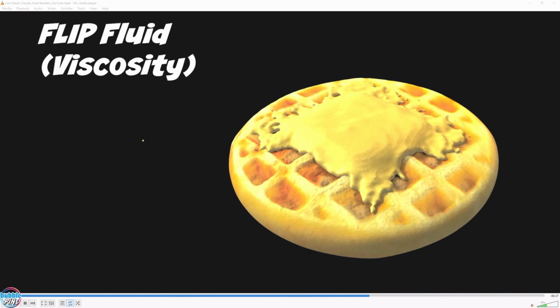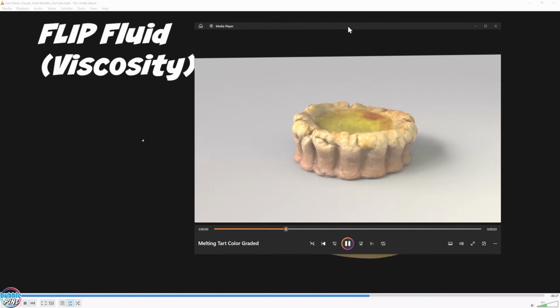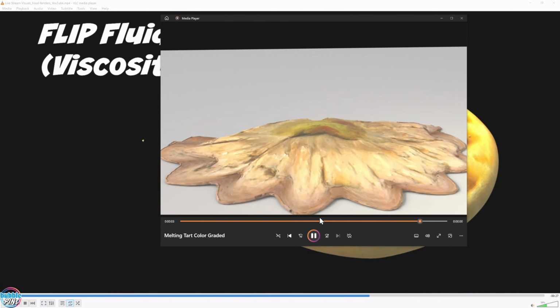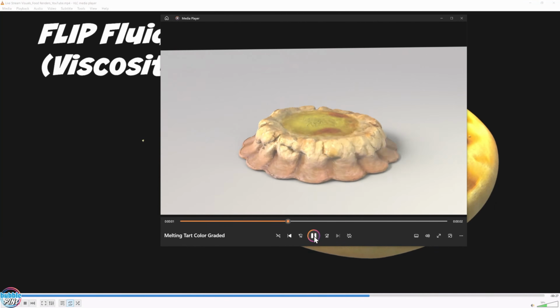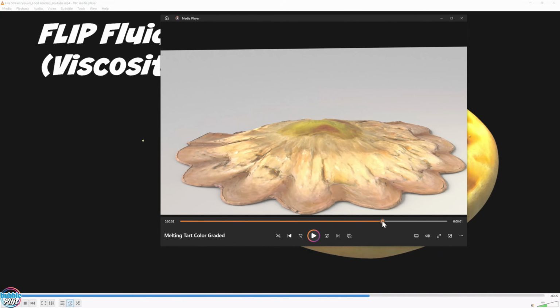Now let me pull up my tart. I had that somewhere. I had the tart. Oh, here it is. Okay, this tart. Now you can see that. Okay, I'm going to stop right here. So you can see that it's